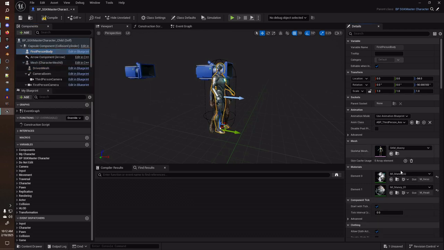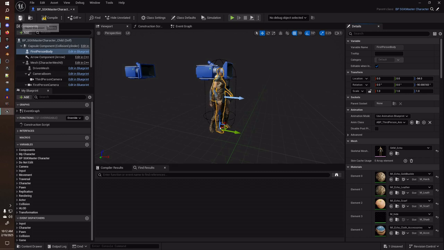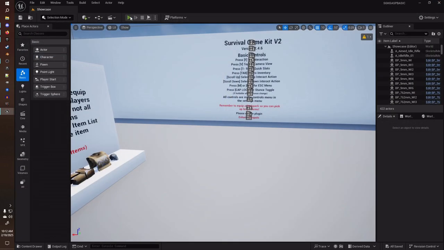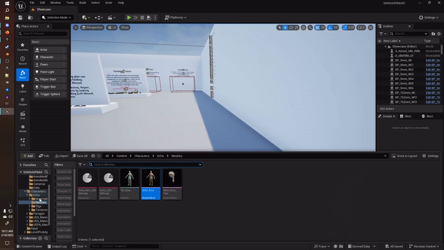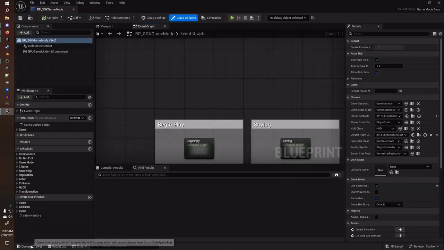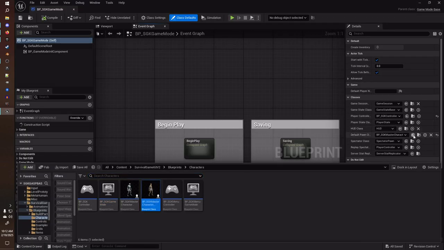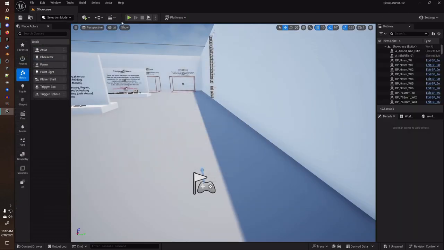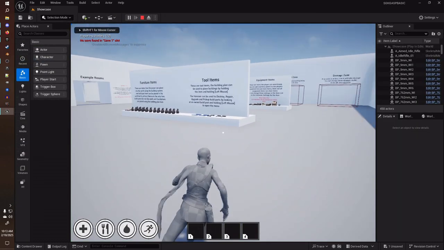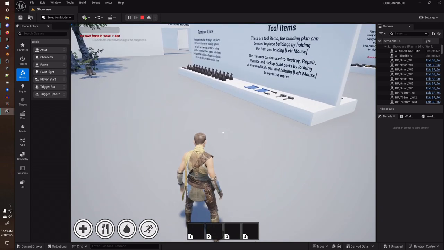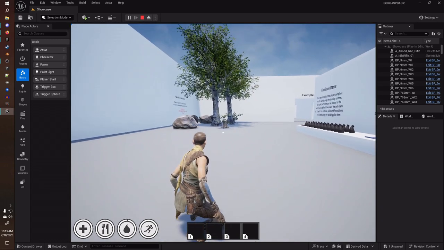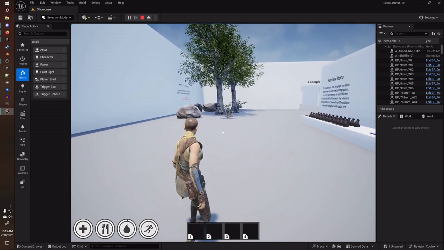We want to do the same thing with the first person body. There's nothing we can do about the arms for now, but first person body also should be driving from the other mesh. We'll see. Oops, I guess it would help to set it to that character. Yep, see, and she's working. Let's take a look and where's the